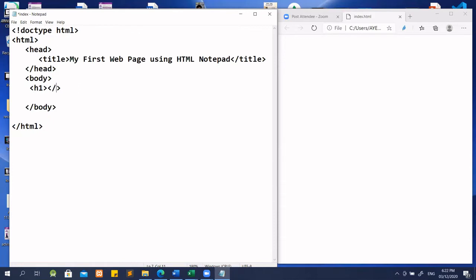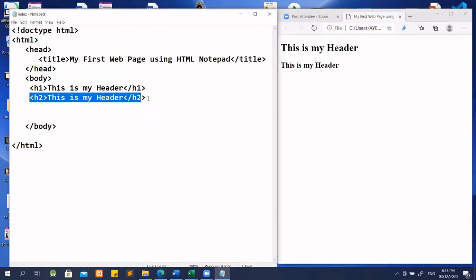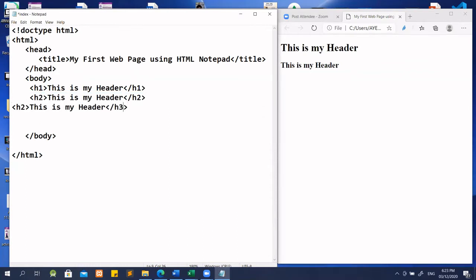First, we have the header. The highest header is H1 until H6. So we need to put, okay, this is my header. Okay, save it, then load it. Okay, you see, we have this. This is my header. Then if we put another one, okay, then H2, and we need to add the closing H2 here, and save it. You'll see. So that's it. So let's make another one until H3,